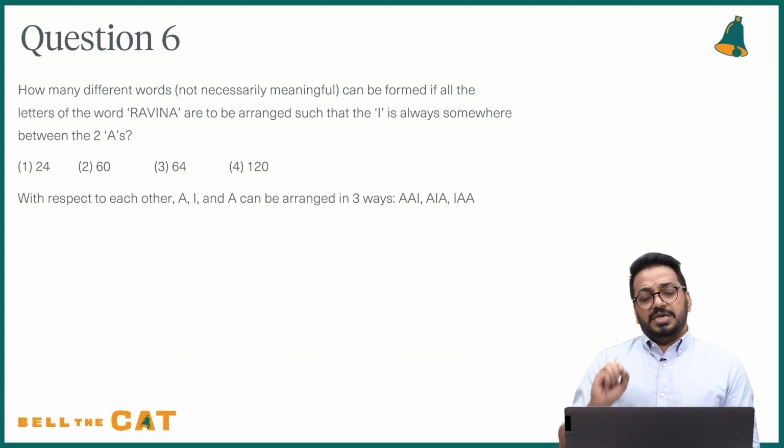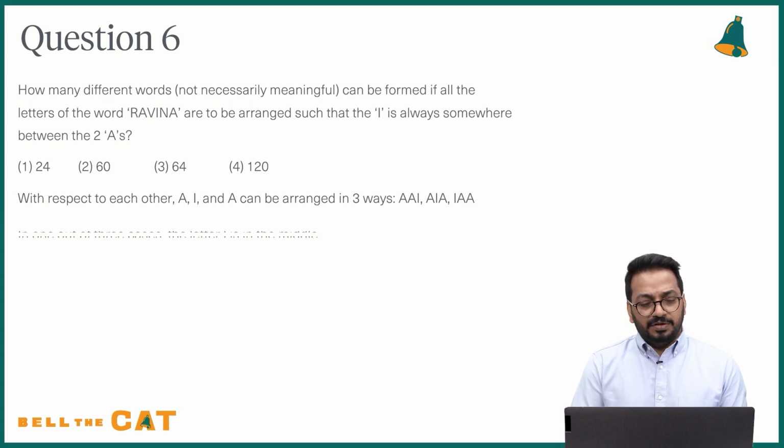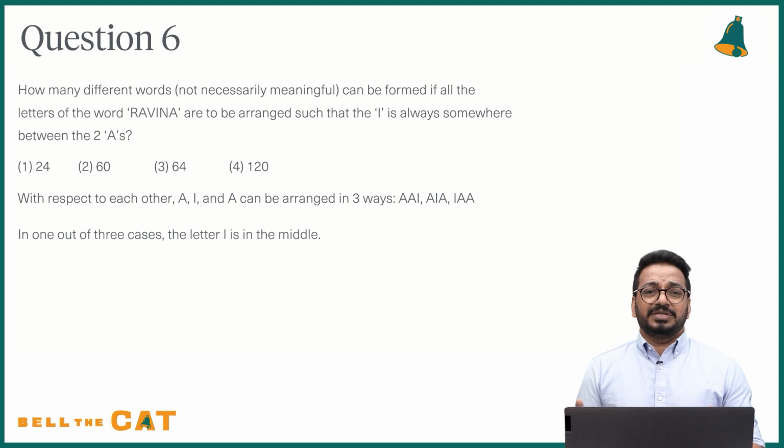AAI, AIA or IA. There is no other way. With respect to each other, they can only occupy these 3 positions irrespective of whatever other words are between them, right? So in 1 out of 3 cases, the letter I is always in the middle. So no matter how many ways you arrange all the letters, 1/3 of the cases,